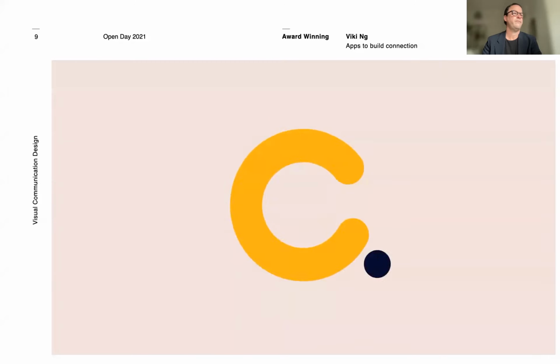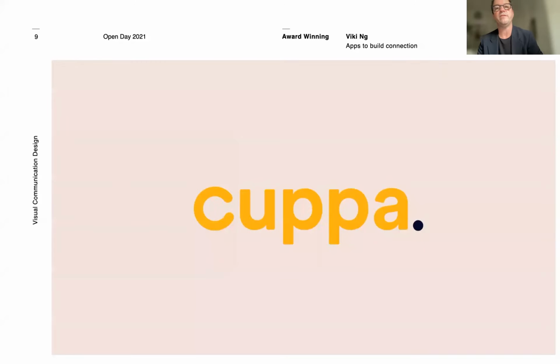This was one of my students, Vicky's design for an app called Cuppa. This was developed in a subject where students are tasked with designing apps that build social connection in the real world, that connect people rather than push them further apart. Vicky's app works to connect people to their immediate neighbours, people who live in their building or street that perhaps they've never spoken to, to borrow and share goods rather than just buying them, and through doing so to reduce waste